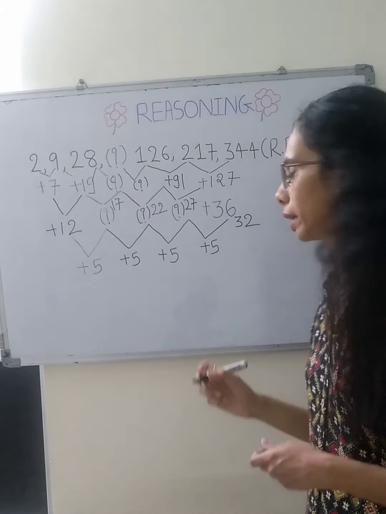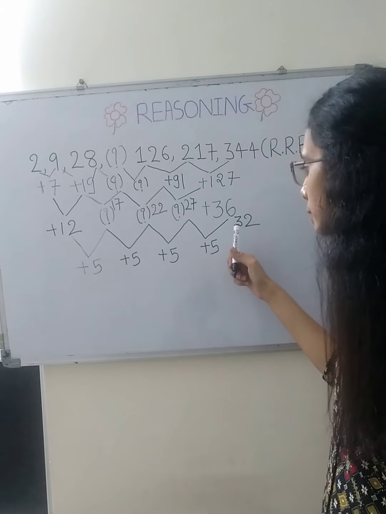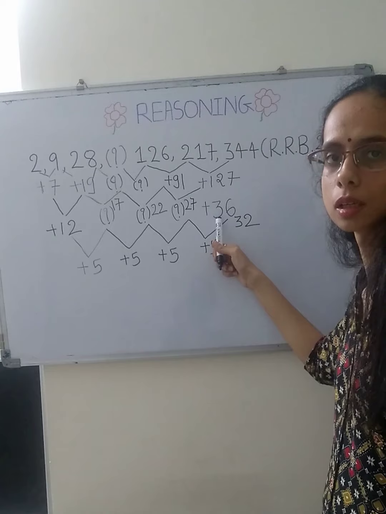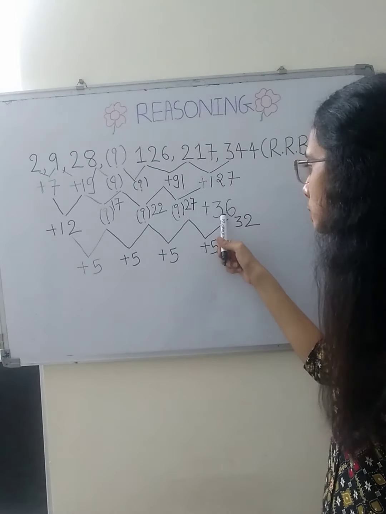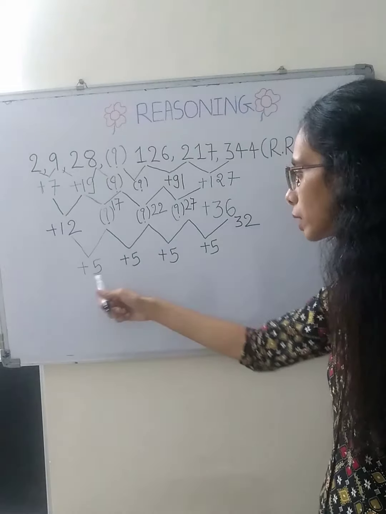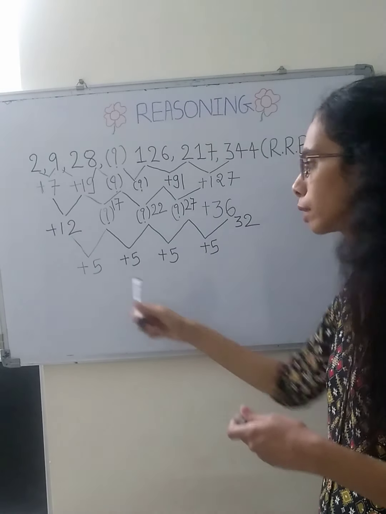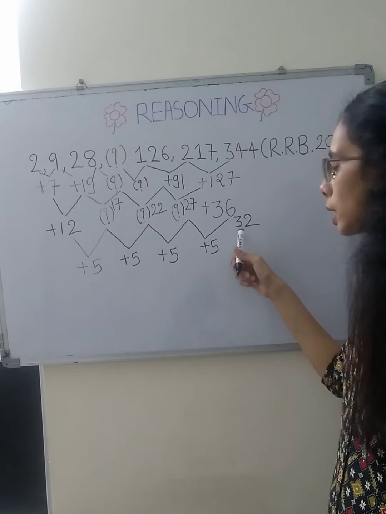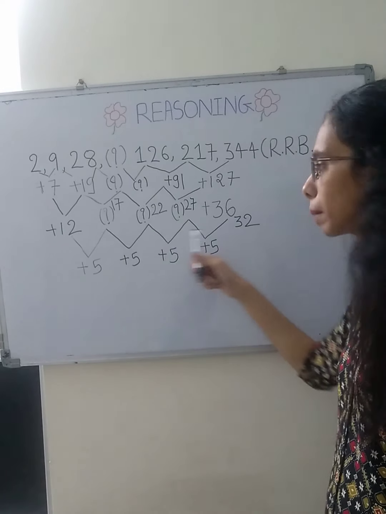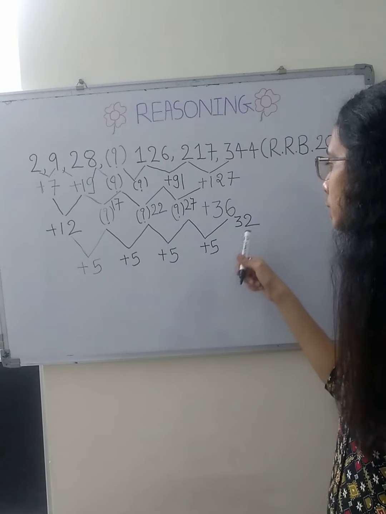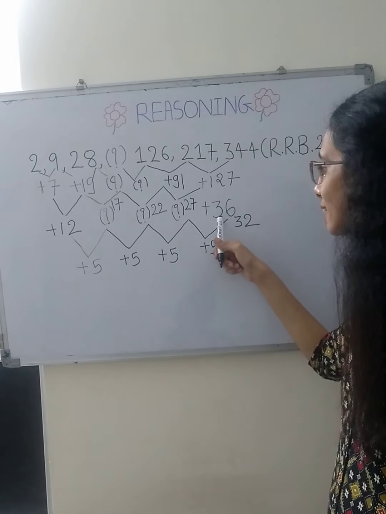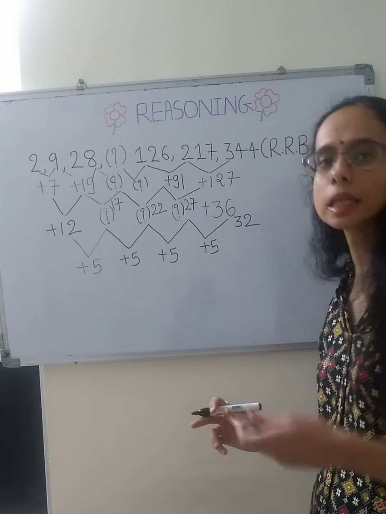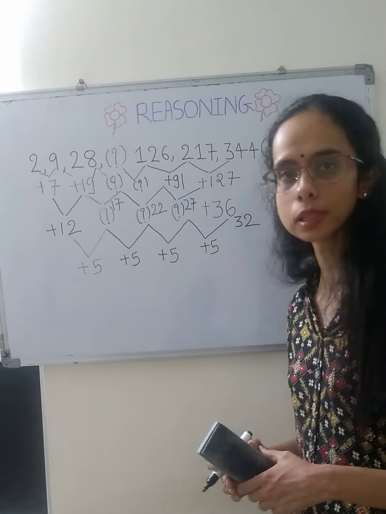You can clearly see, friends, that the term which has been obtained over here, 32, is less than 36, which is the original term of the previous series. That means the difference which we have used should be increased beyond 5. Then only will we get the last term as 36. Here 32, which is the term we obtained by taking the uniform difference 5, is less than 36, and that's why this uniform difference needs to be increased. So let's try with 6 now.